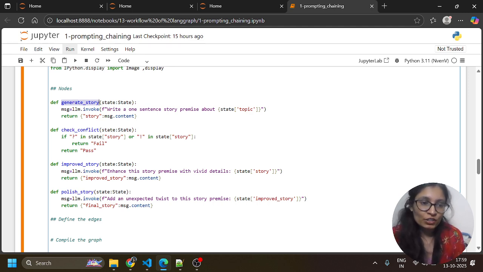Okay, generate the story. So message equals to llm.invoke. I'm going to ask: write a one-sentence story premise about topic. Okay, so here you can see return a story, message.content. Okay, state is used for memory. So here you can check, this node is for generate the story, and this